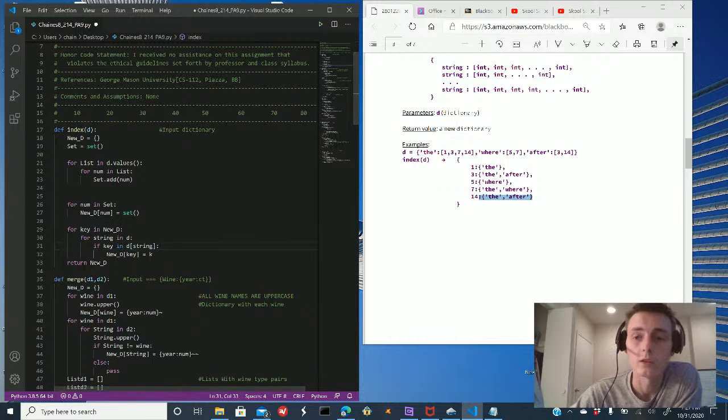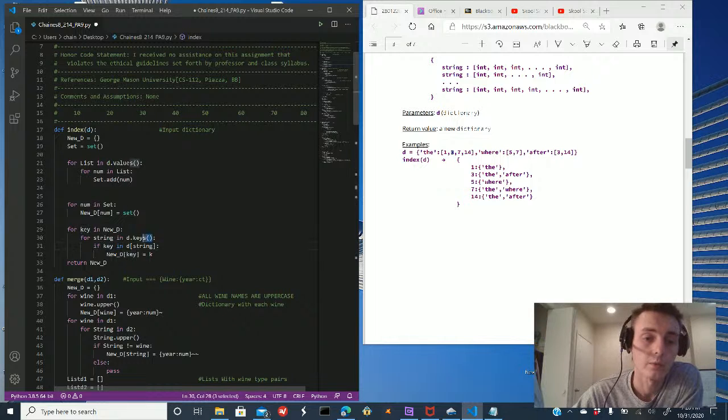The keys in our new dictionary are the numbers. For a string in the original dictionary, I'll just highlight this by saying keys. It'd be like that: for string in d.keys, if